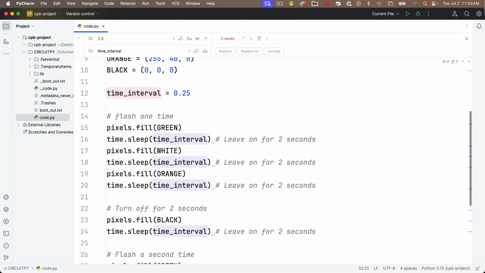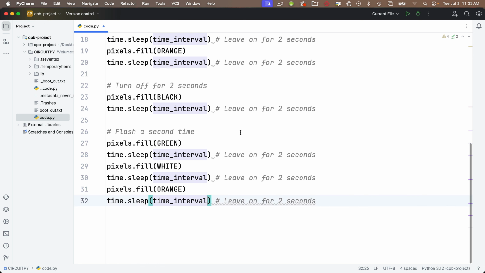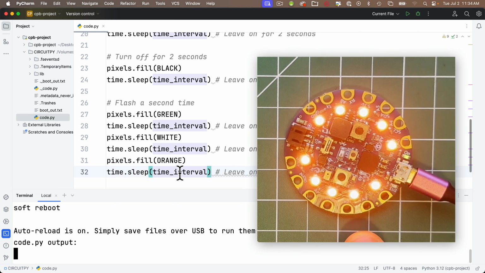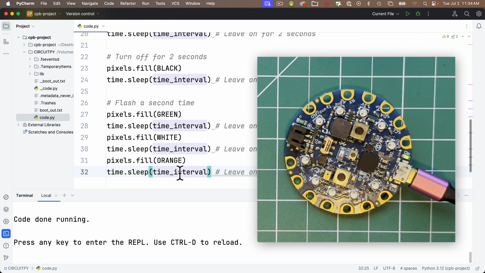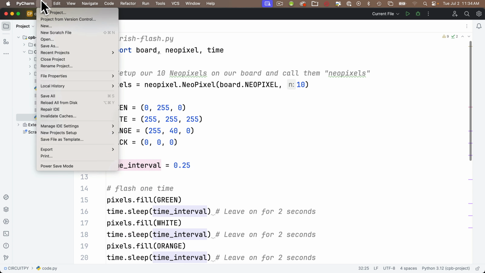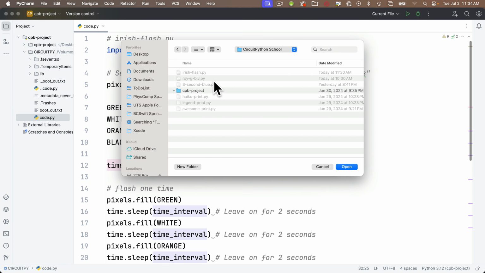And PyCharm highlights all the locations impacted by my change, and in the upper right there's an X you can click to get rid of the Find Replace area. So now I can open my terminal, save again. I notice the flashes happen much faster now because I'm only sleeping for a quarter of a second. Nice. And make sure that you save this to your CircuitPython school folder using the name irish_flash.py,